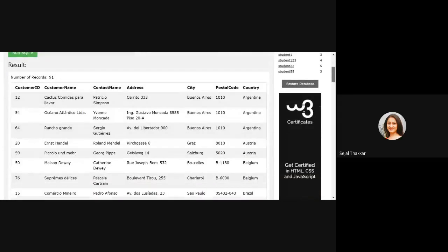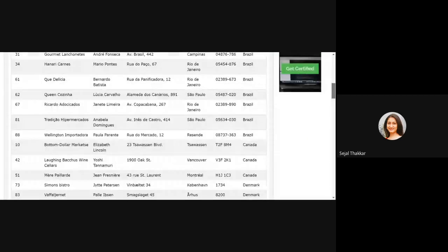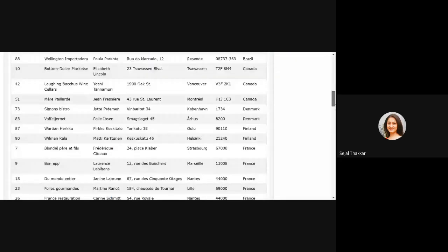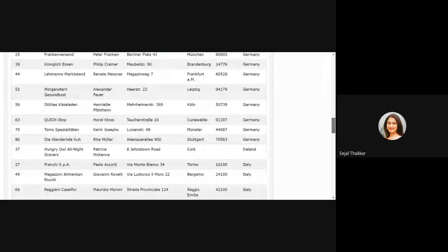Suppose I want to select my data and arrange it as per country. It is going to select my data in ascending order, country wise. So you can run this query. You can see here the first country name starts with letter A, the second starts with B, Brazil, the third one is Canada, the fourth is Denmark. So it is going to arrange your data based on country, right?